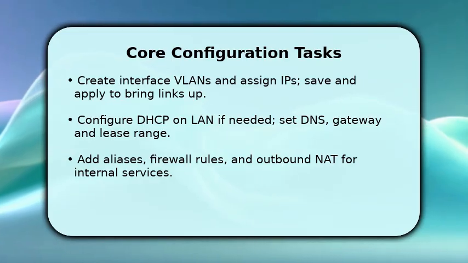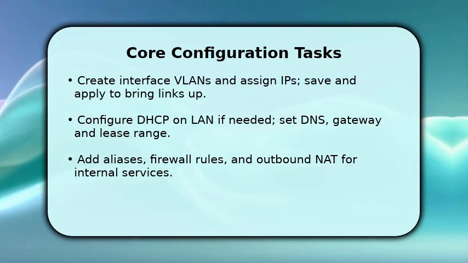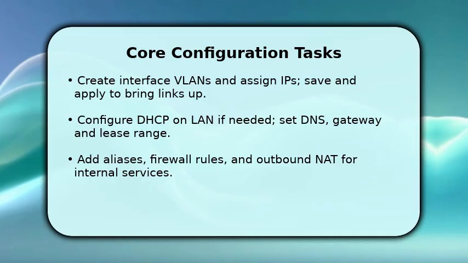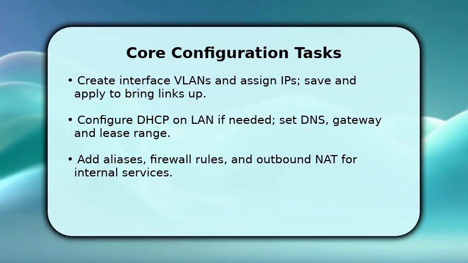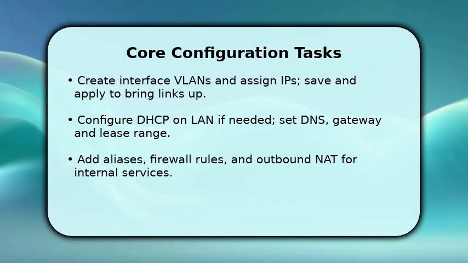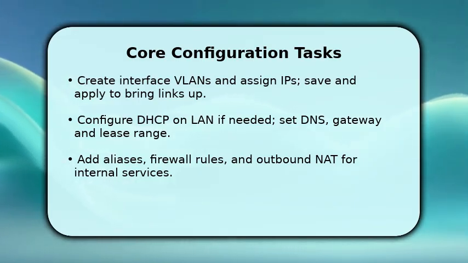Apply changes to bring links up. Configure DHCP on LAN with DNS and gateway settings so clients bootstrap automatically, and set static mappings for servers. Next, add aliases for groups of hosts and create firewall rules permitting required traffic from LAN to WAN and between